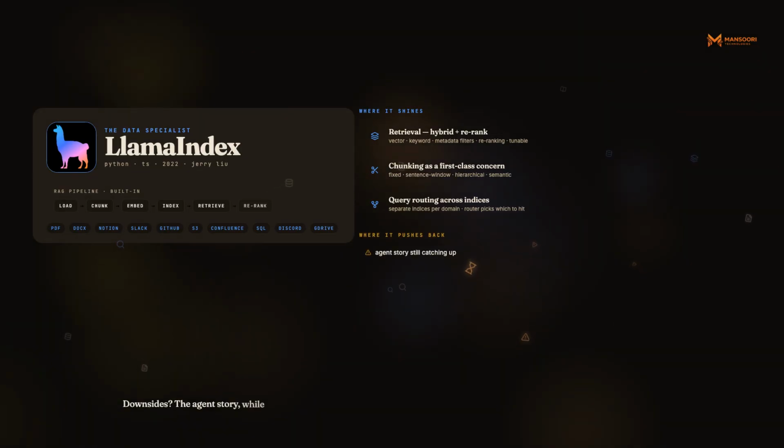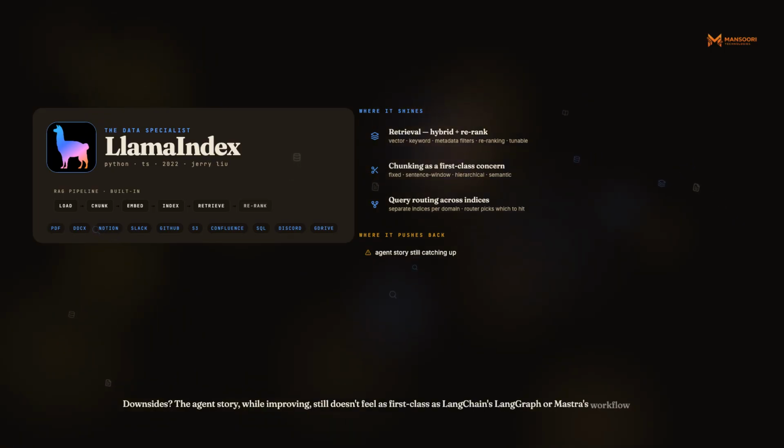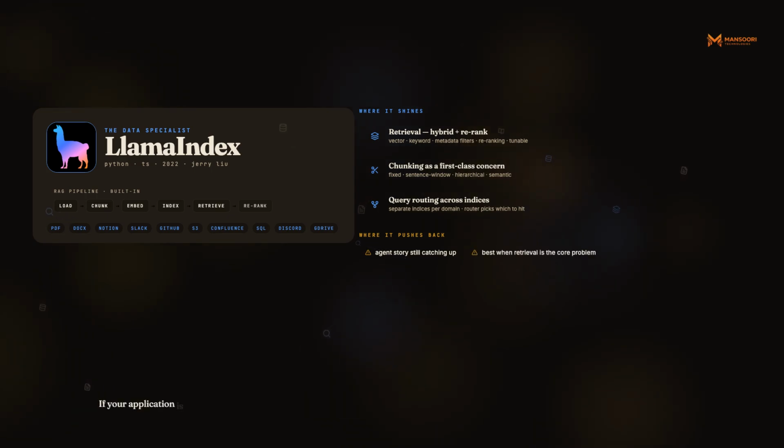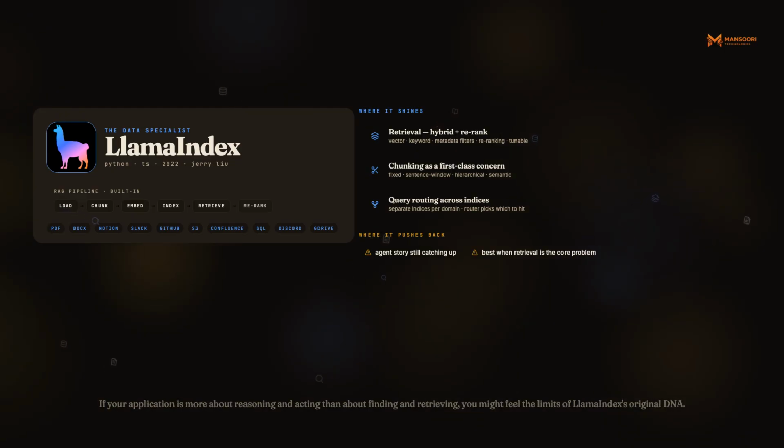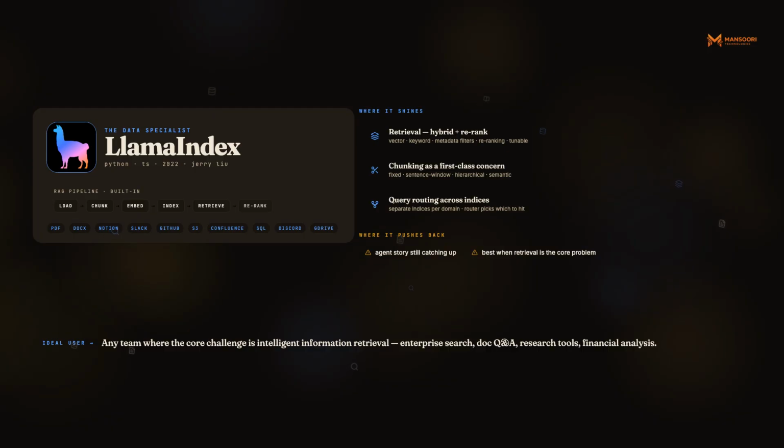Downsides? The agent story, while improving, still doesn't feel as first-class as LangChain's LangGraph or Mastra's workflow engine. If your application is more about reasoning and acting than about finding and retrieving, you might feel the limits of LlamaIndex's original DNA. The ideal LlamaIndex user? Any team where the core challenge is intelligent information retrieval, enterprise search, document Q&A, knowledge-based chatbots, research tools, financial analysis apps,